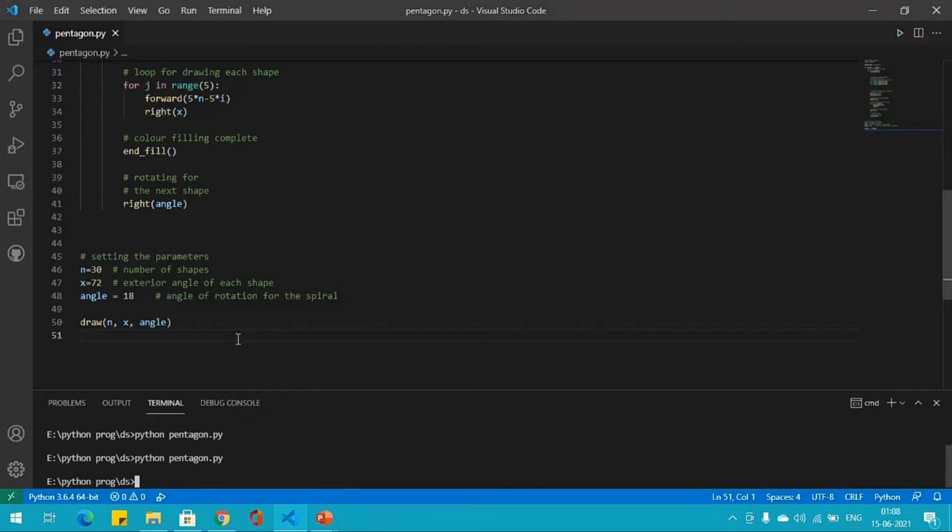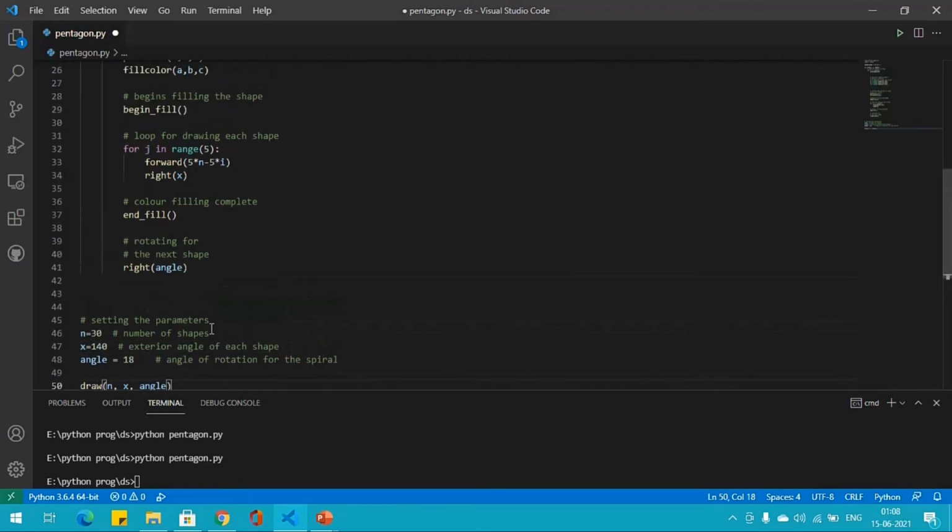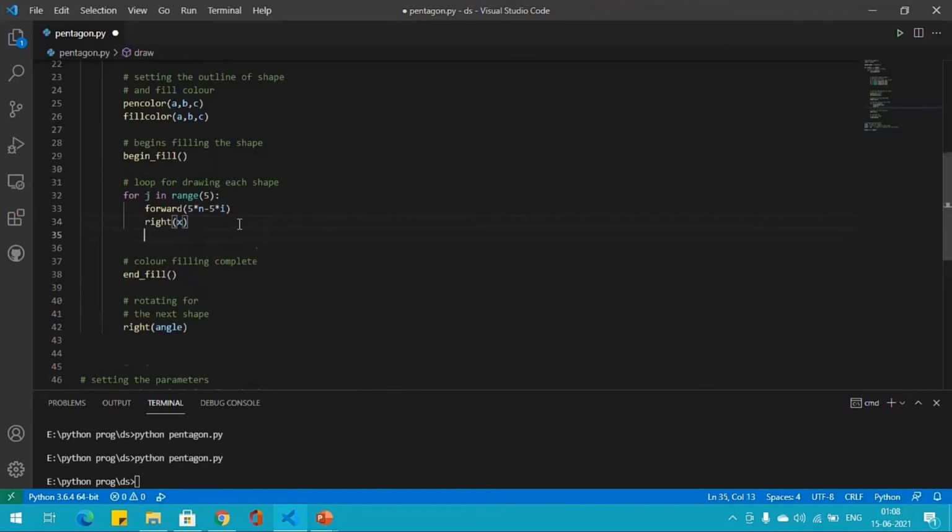Now let's see how the change in angle will differ the change in pattern. We will be setting exterior angle as 140 for generating the shape of stars and adding few lines in code.